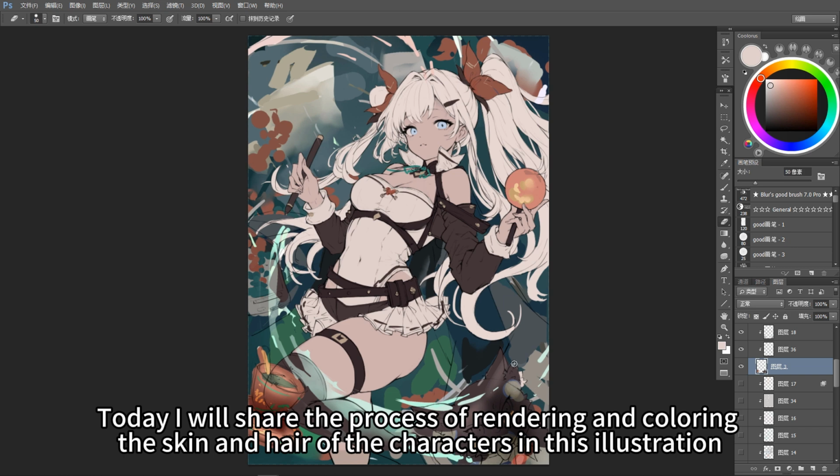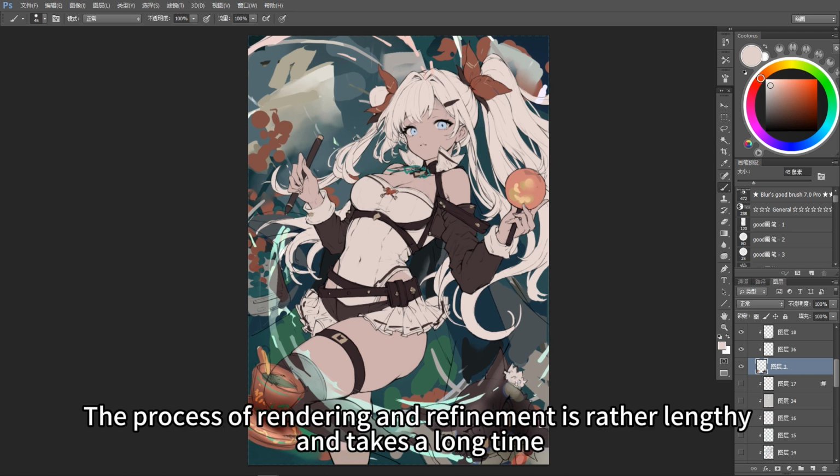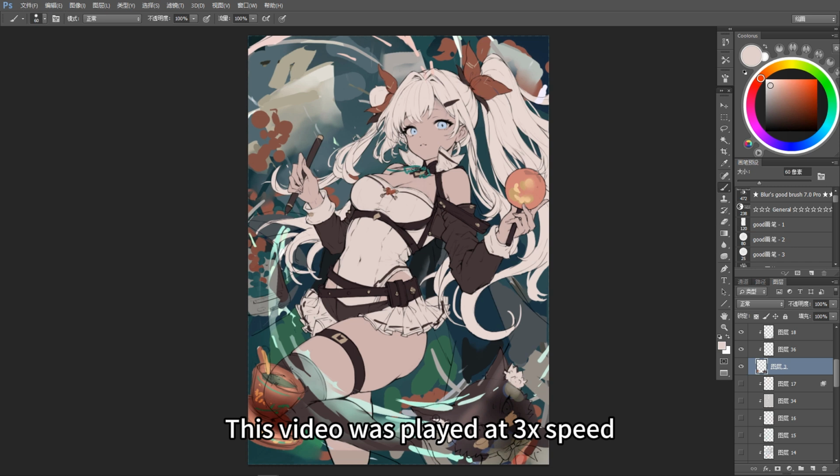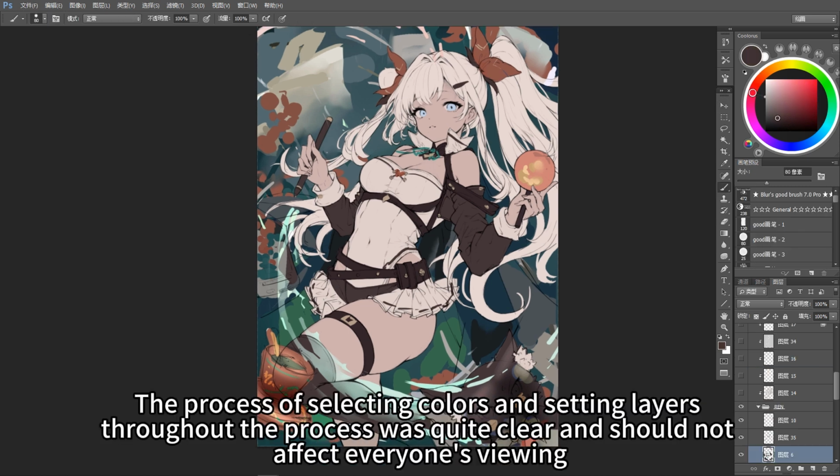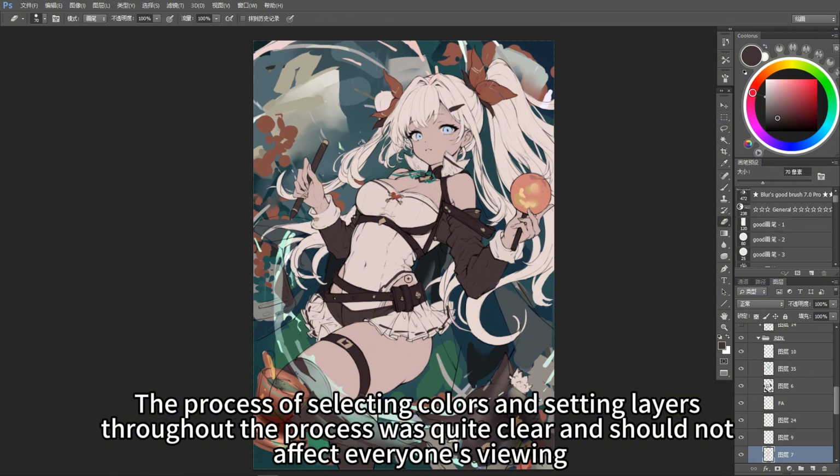Today I will share the process of rendering and coloring the skin and hair of the characters in this illustration. The process of rendering and refinement is rather lengthy and takes a long time. This video was played at 3x speed. I checked the speed. The process of selecting colors and setting layers throughout the process was quite clear and should